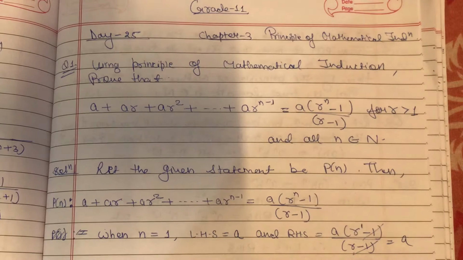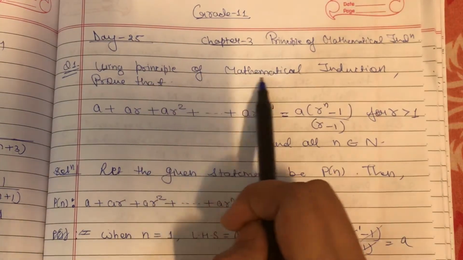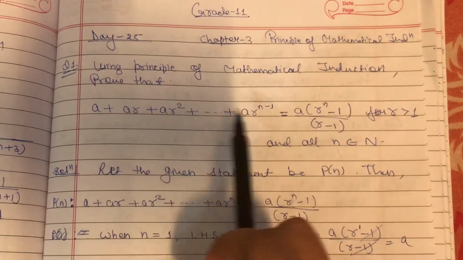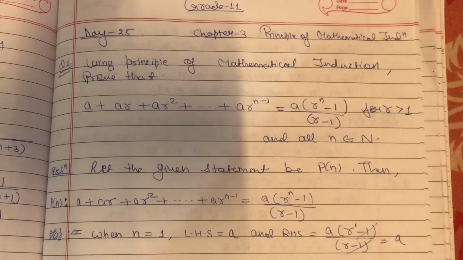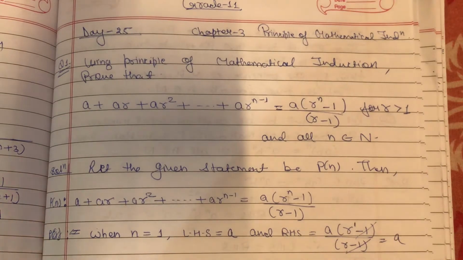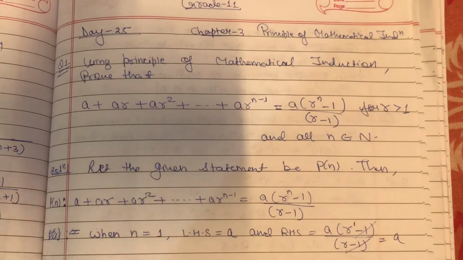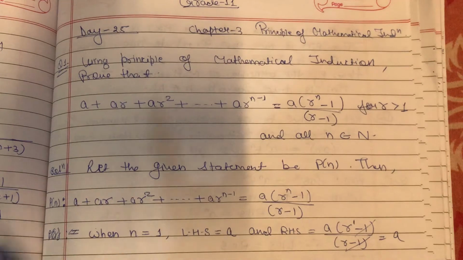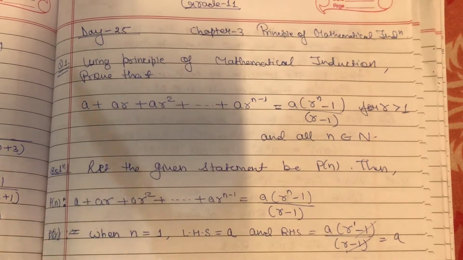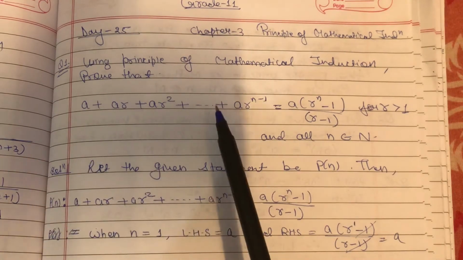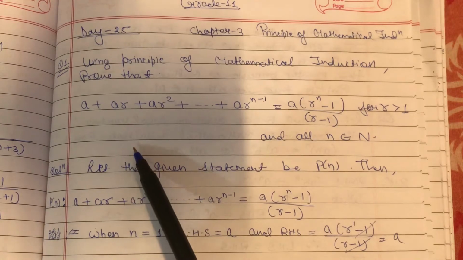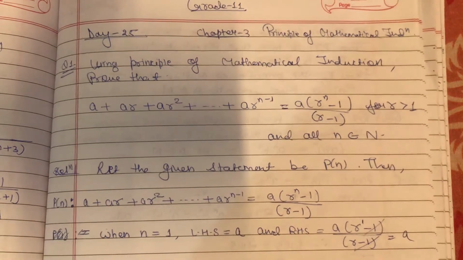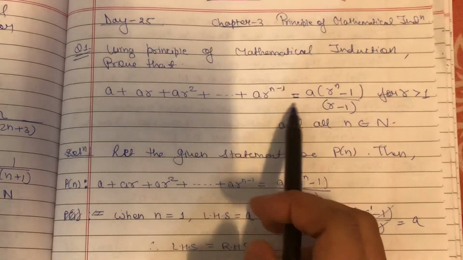So let's look at the first question, that is, using principle of PMI prove that this equals this. Now you can remember this formula because later on if you study AP GP, then in that particular topic you will get this formula. So if you wish you can also remember this formula, and this is going to help you throughout, like in competitions also. A question based on this particular formula comes normally, and this is a very important topic as well. So this is from AP GP and this is the formula.